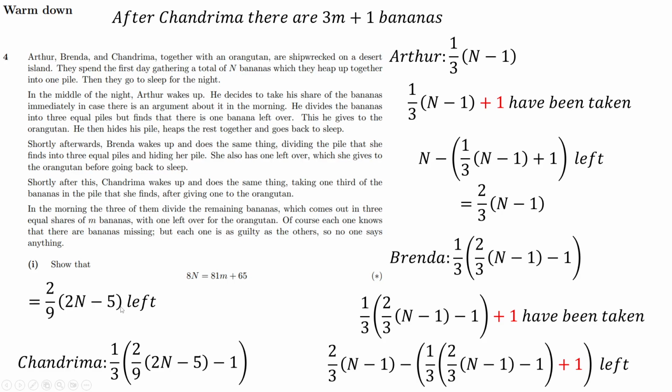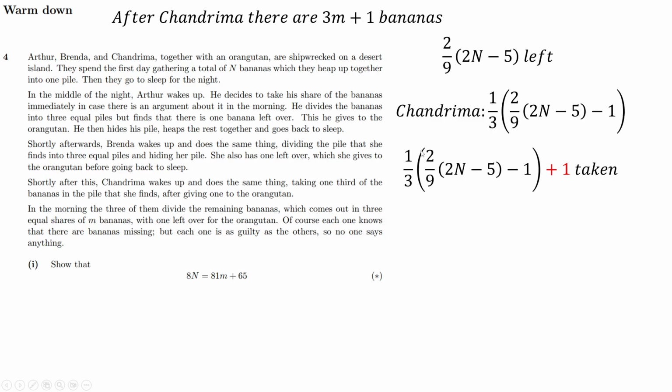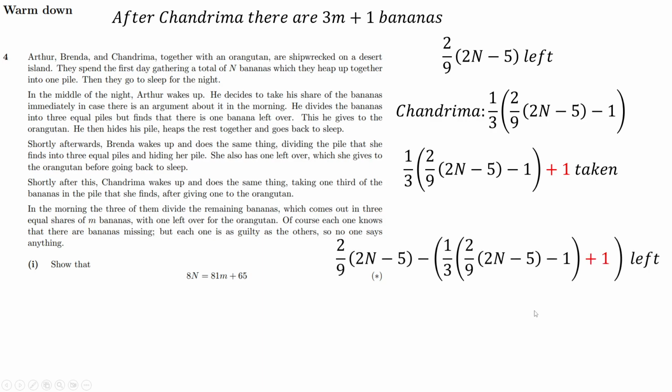If we do 1/3 of 31 minus 1, so 1/3 of 30, which is 10, and then plus 1 for the orangutan. So you have this is her share, which is an integer, and then plus the orangutan's share. That's how much is taken. This was how much was left before, so you do this, take away this to get what the new total is,